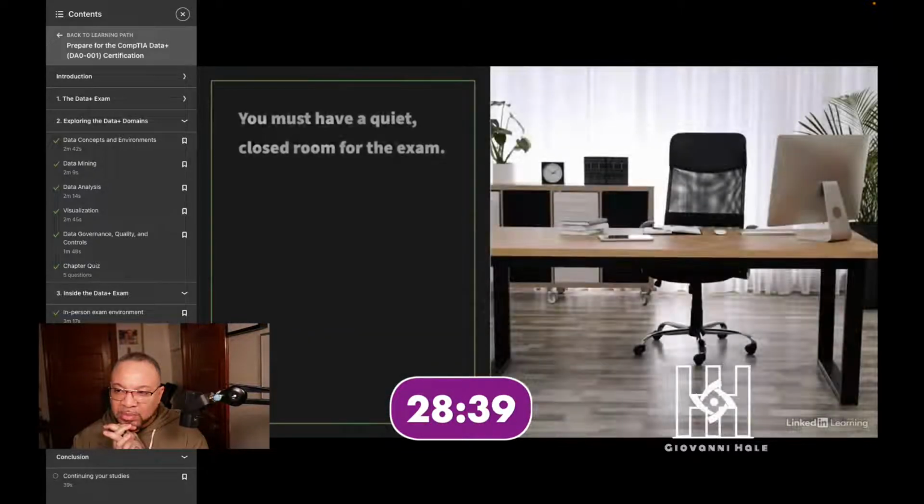You should know that taking the test online requires that you be in a closed, quiet room by yourself with no access to papers or other reference materials. The proctor will ask you to move your webcam around to show a 360-degree view of the room and approve it before allowing you to begin your test.